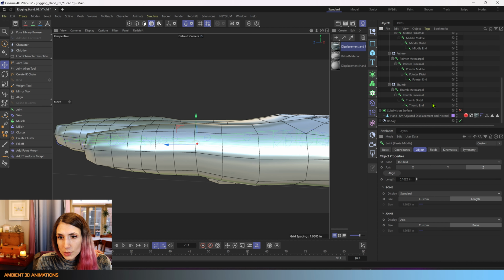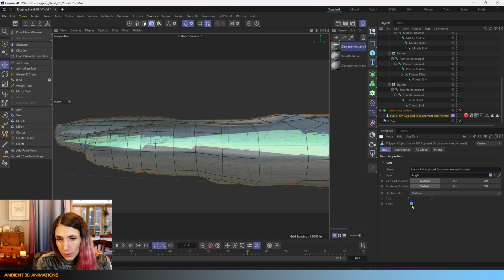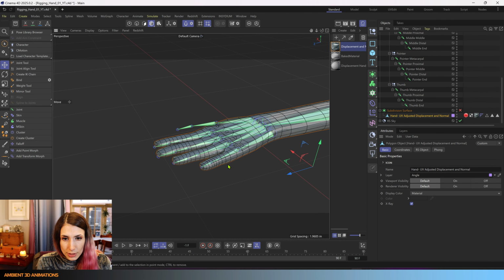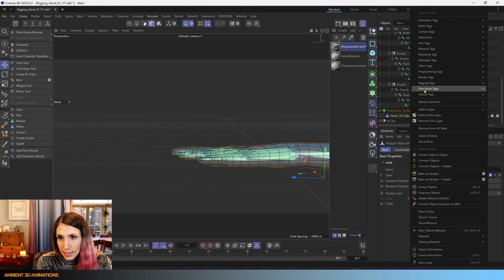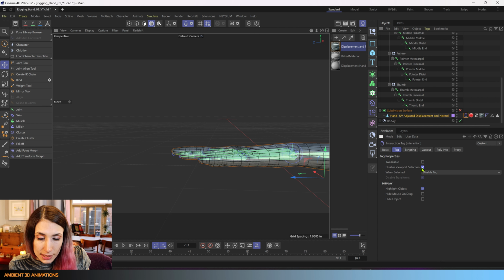If it helps you, something you can do is click on your mesh and change it to X-ray mode, and that will make it see-through. Now you can see our joints through it a little bit easier. Another option, if you don't want to accidentally click on this, is to go into your programming tags and select interaction, and you can disable viewport selection so you can't accidentally click this